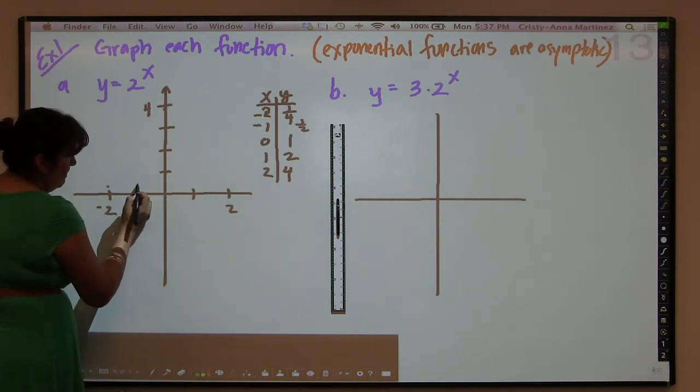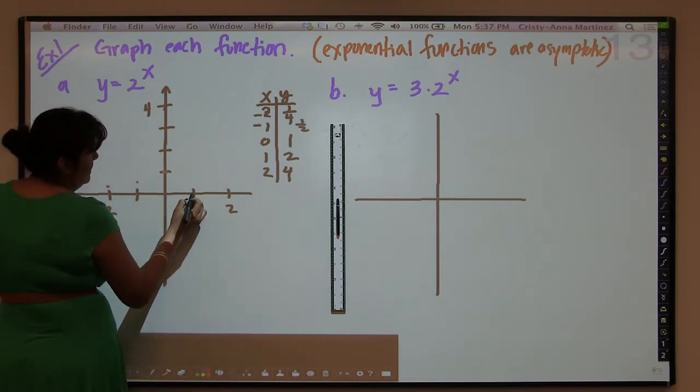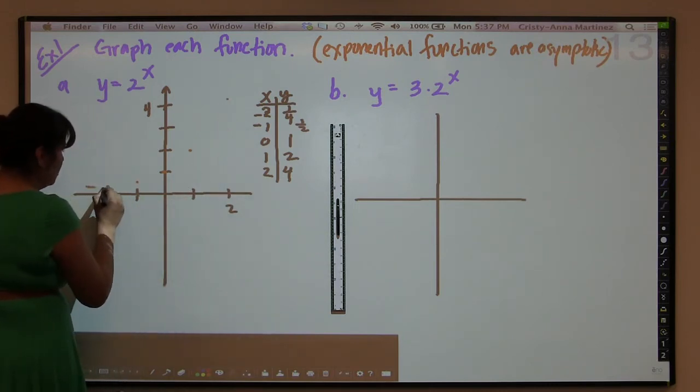-1 is 1/2. So right about there. And then when x is 0, it's 1. And then when you have 1, it's 2. And then at 2, you're all the way to 4. So what you will notice is this function